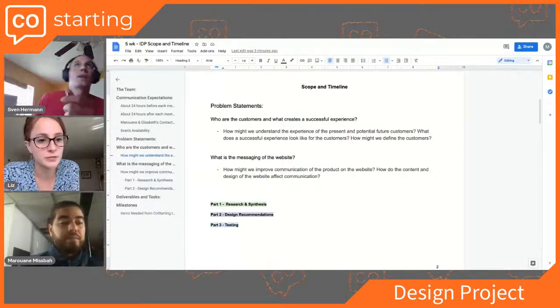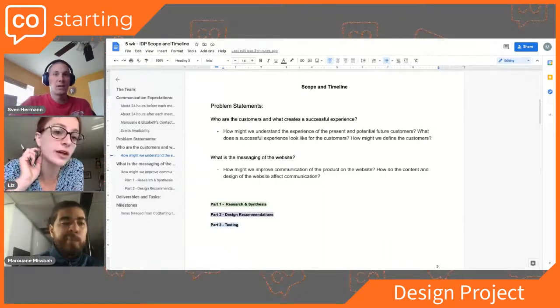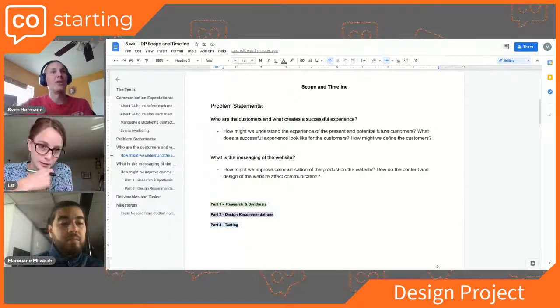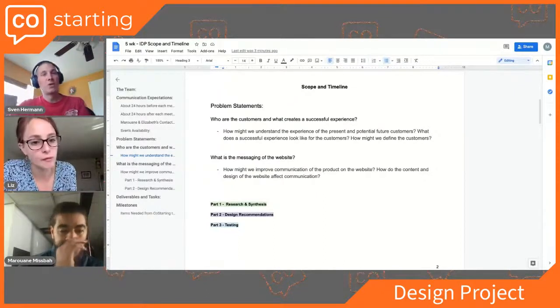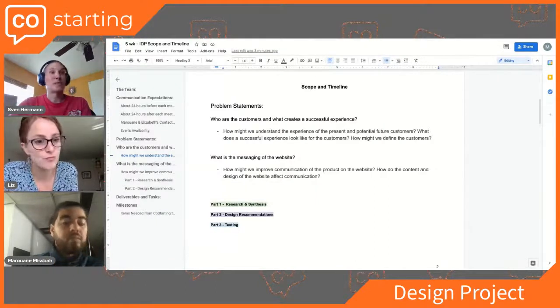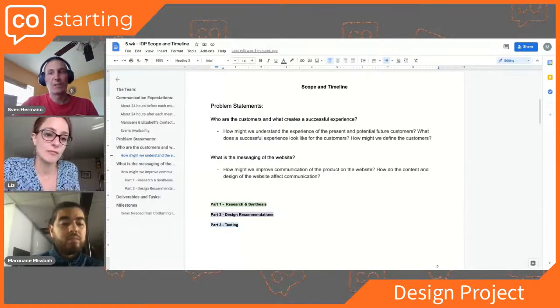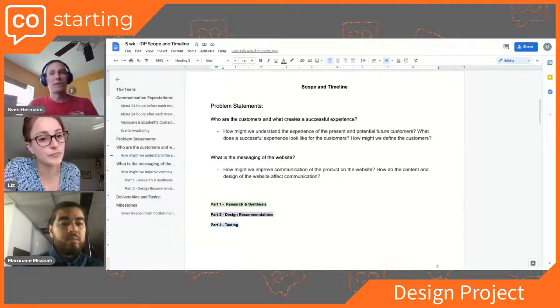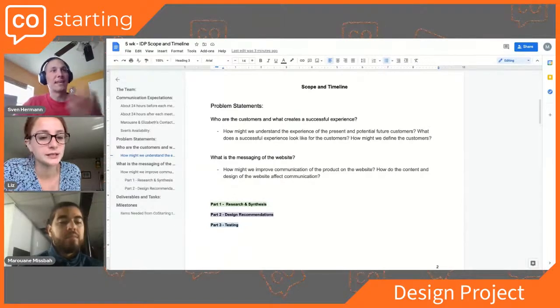And I guess beyond the style guide, right? The brand, of course, is much, much more than just visuals. So I think that's more where the communication part comes in, right? What are the values? How do we communicate? Who is our customer? What's our brand's persona, right? Like, I actually talked to someone in cohort 2, I think, who has an interesting project, and it could be so many different ways of communicating that, right? Are we a funny brand? Are we a serious brand? Are we relatable? Who are we as CoStarting, right? I think that's gonna be